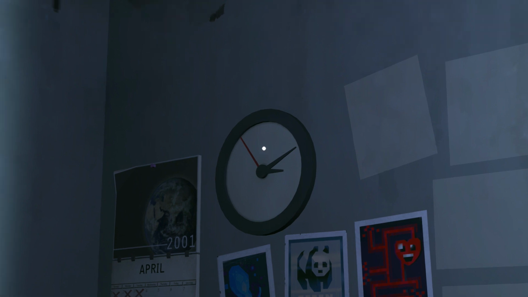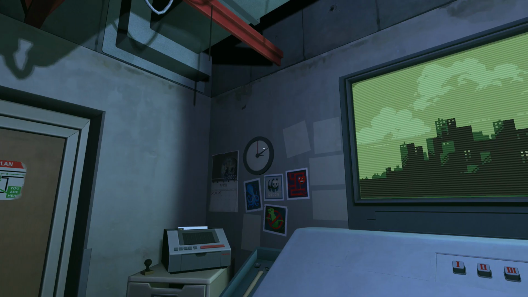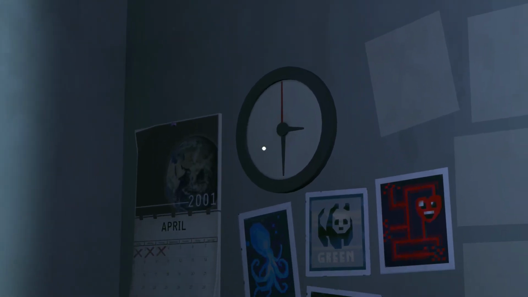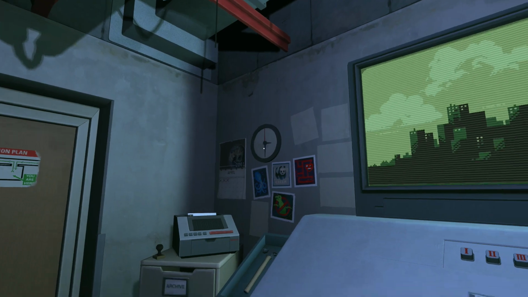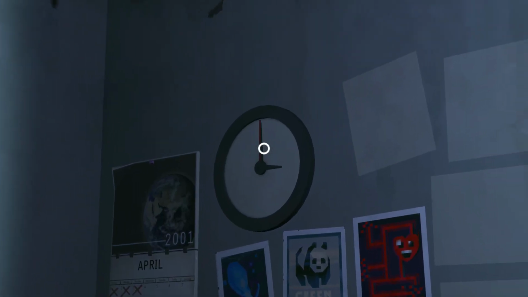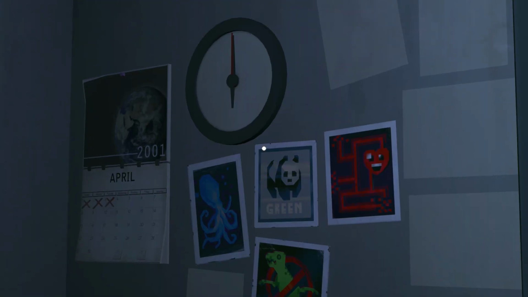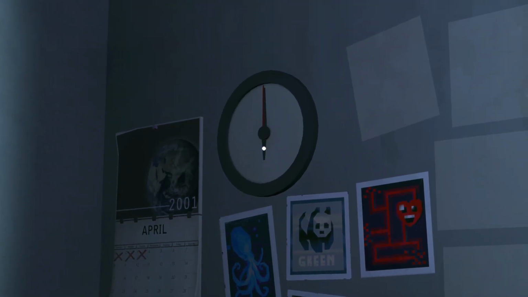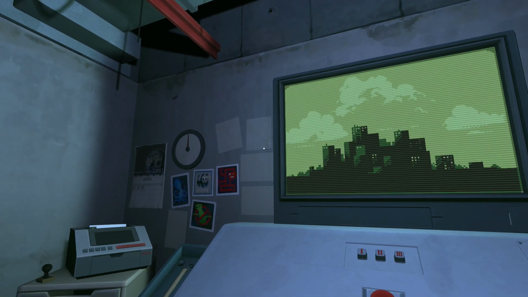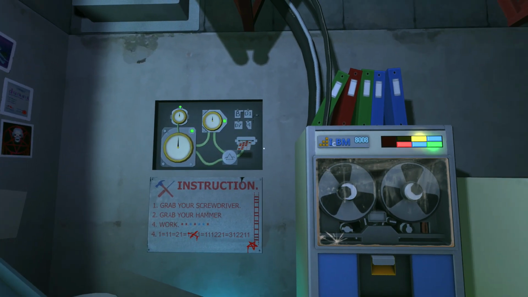You want to move all of the hands so that they are in the 12 o'clock position. They will kind of move themselves there if you get close enough, and they'll make a little audible cue as well. A little hard to grab. There we go. And 3. Nope. There we go. Alright, so when all 3 are on the 12 o'clock position,